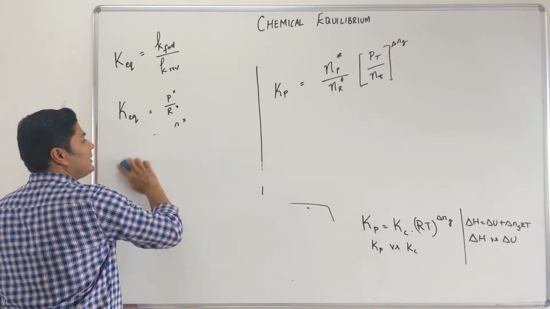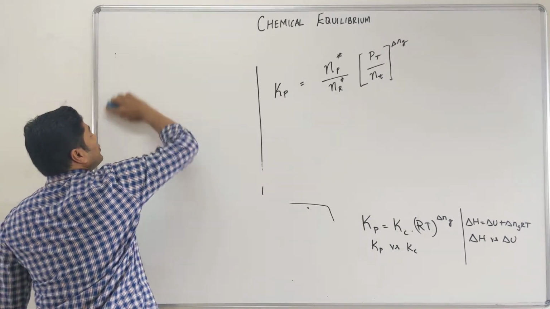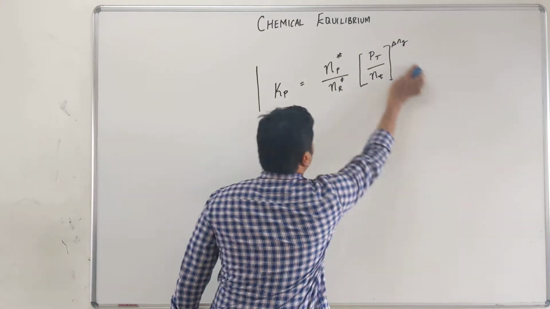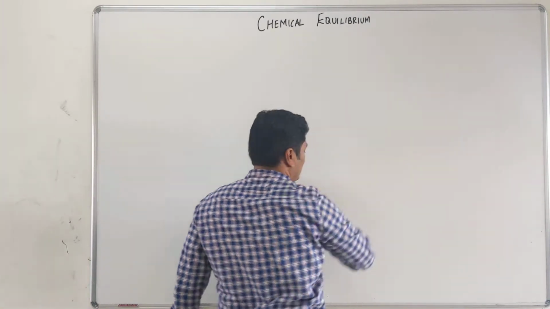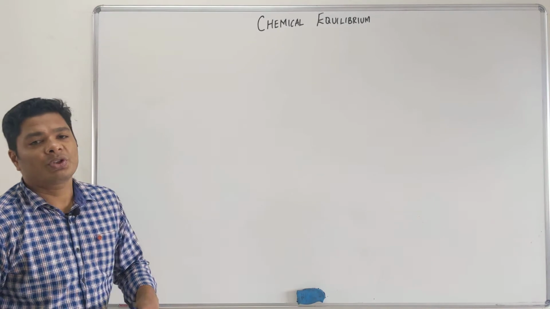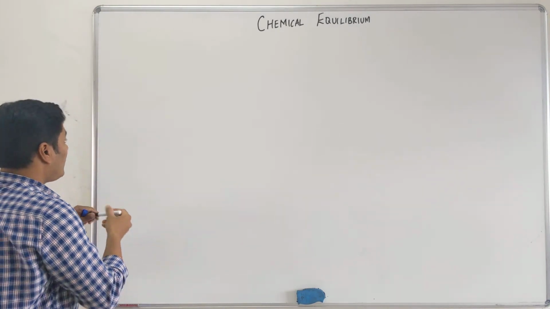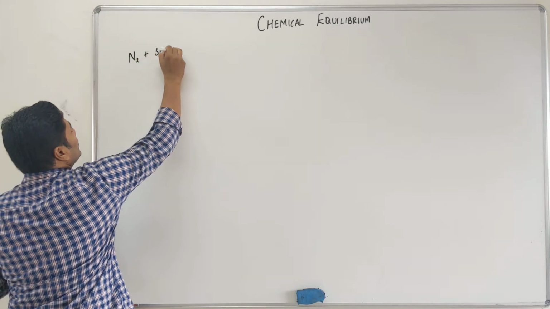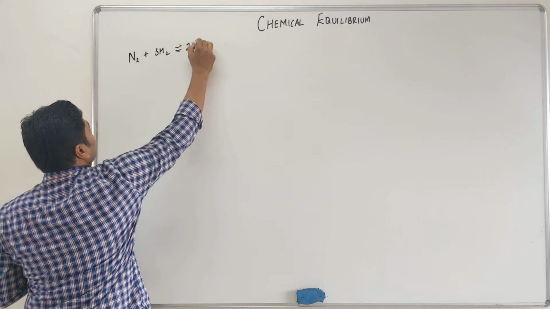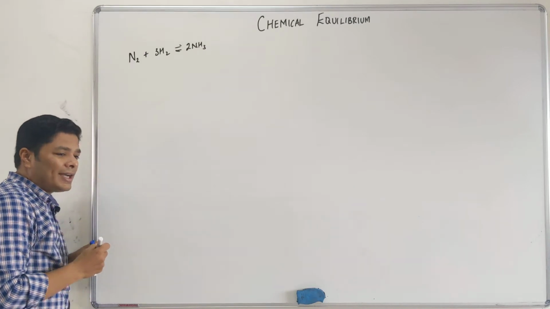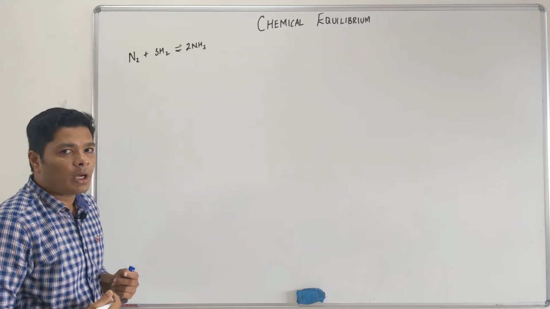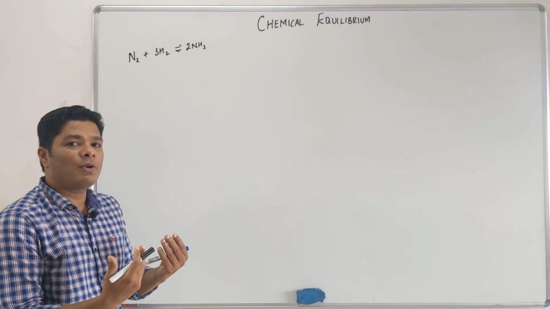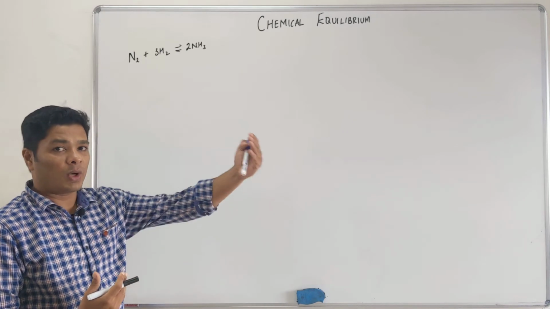The next one we are going to see is reaction quotient. What does it mean? Let us say for example you have a reaction, Haber's process. We start Haber's process. N2 plus 3H2 gives you 2NH3. Now I am starting the Haber's process. Let us say 10 minutes has gone past. Now it does not necessarily mean I would have reached equilibrium. Let us say equilibrium takes 1 hour to reach.